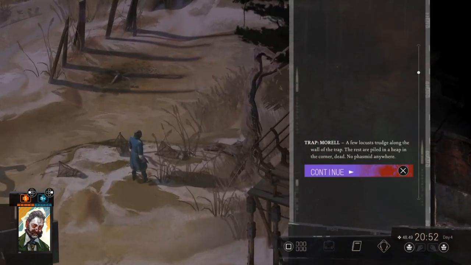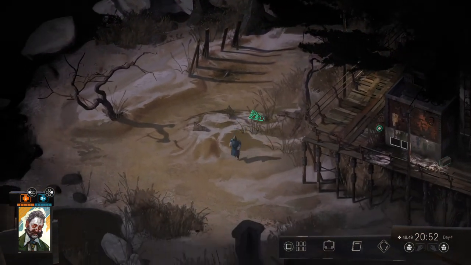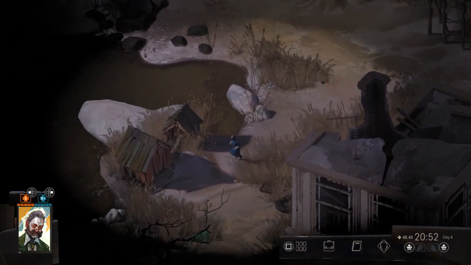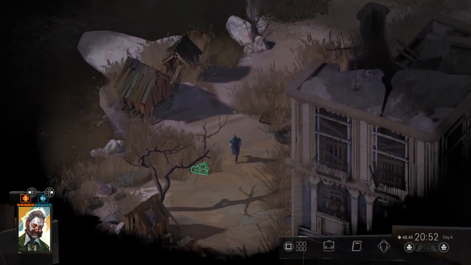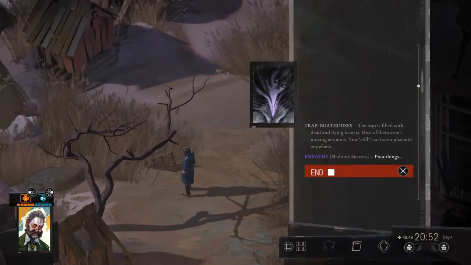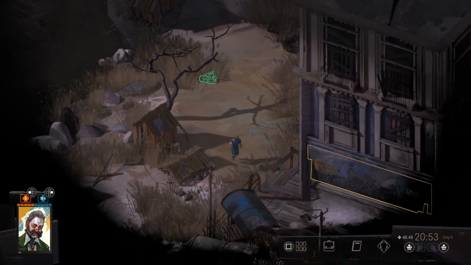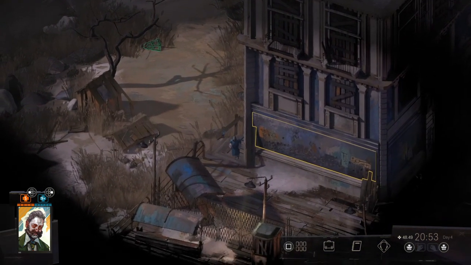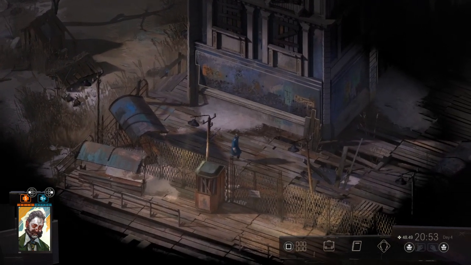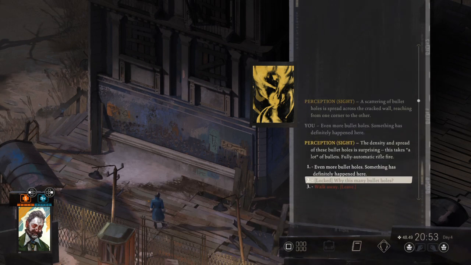A few locusts trudge along the wall of the poor things. The trap is fit. A scattering of bullet holes is spread across the cracked wall. The density and spread of...